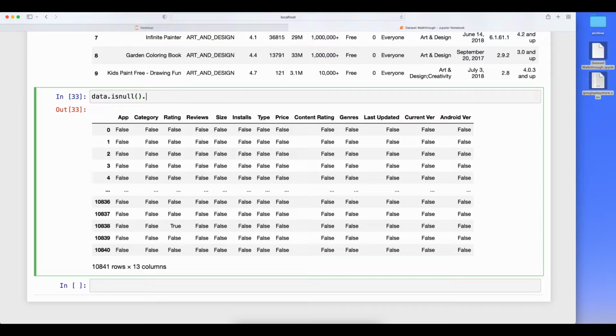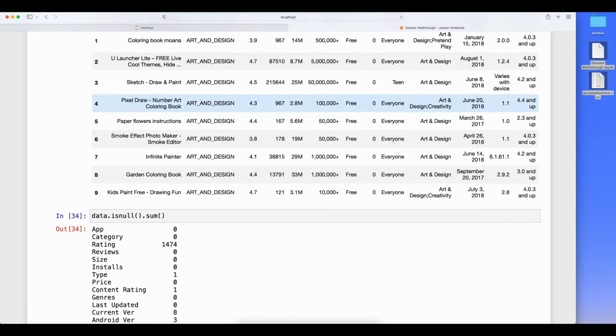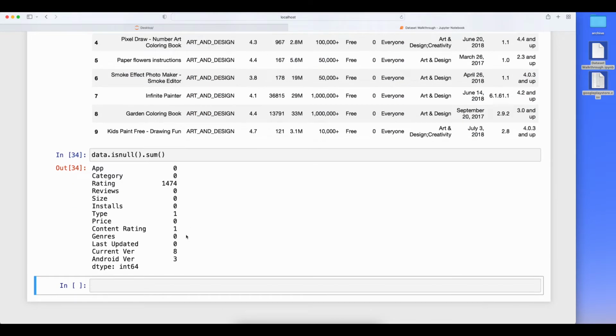So I can write sum. It will sum all the values in this. From here we are checking if there is any null value or not. And from this dataset you can see we have 1474 null values in rating.